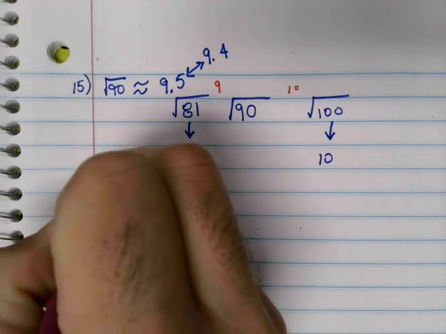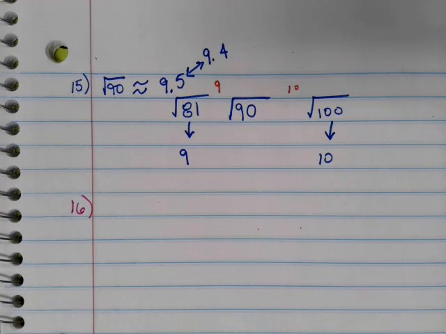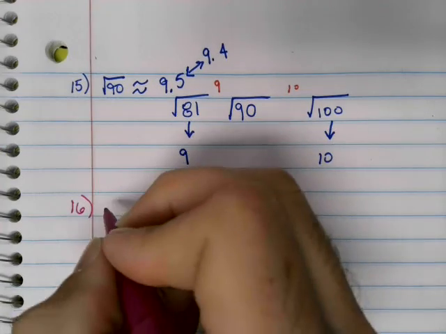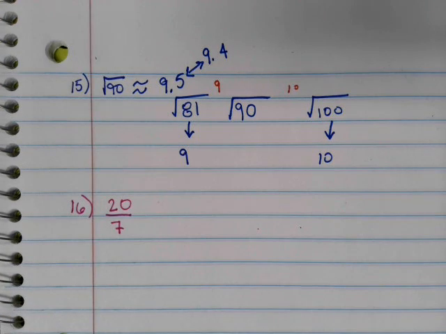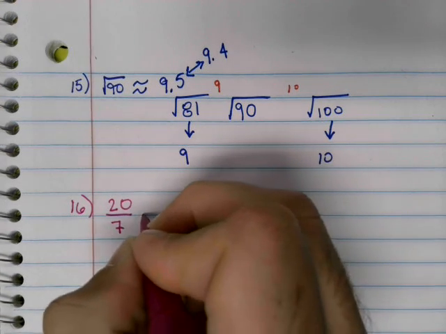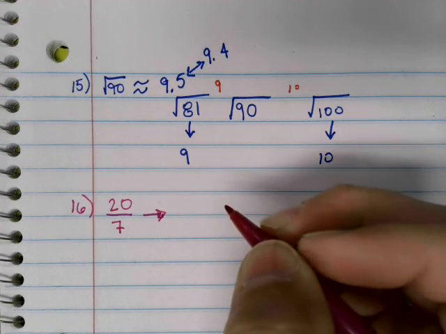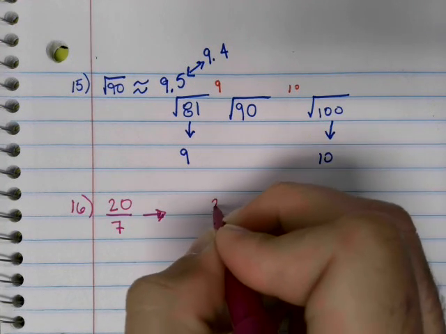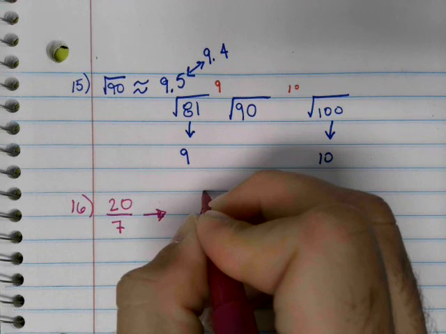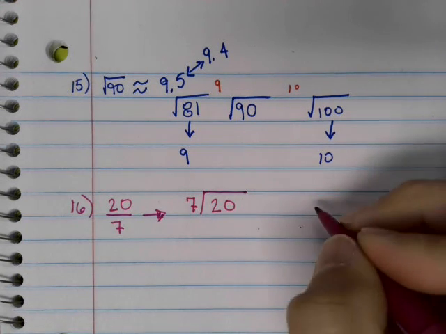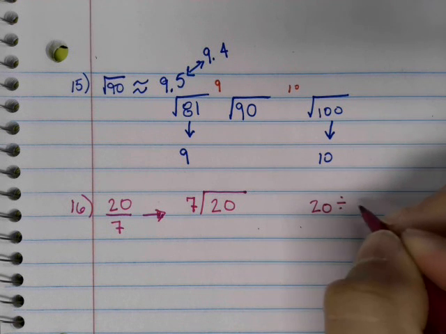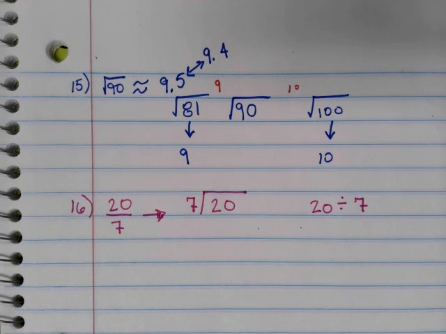Number 16. What is the decimal representation of 20 over 7? Again, we have a fraction, and we're changing it to a decimal. If you read that to yourself from top to bottom, it'll be 20 divided by 7. That's how it would go in your calculator. So if you put that in your calculator,